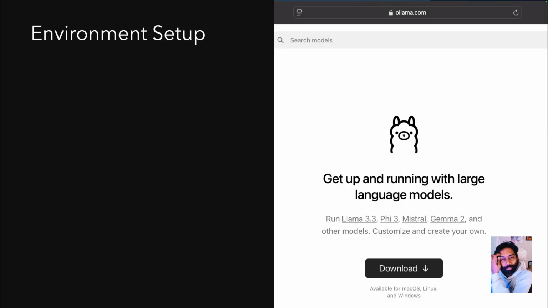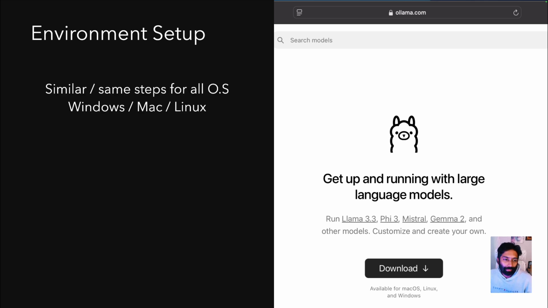So what do you need to set up the environment? All you need is to go to ollama.com. You can pause here and open a new browser tab and go to ollama.com. And the setup steps are similar for whatever operating system you're using. It's the same for Windows, Mac, and Linux, right? So you just need to install Ollama. And what we will do is we will first of all go to the Ollama webpage and then install Ollama,